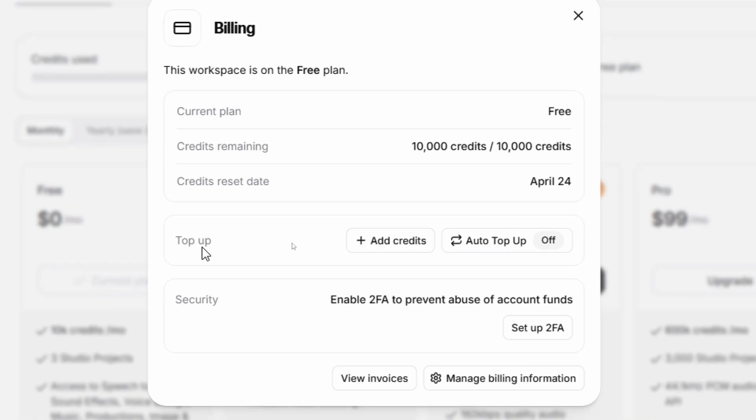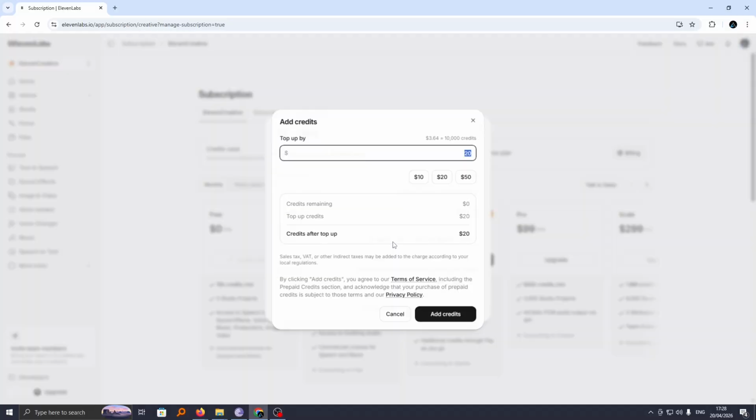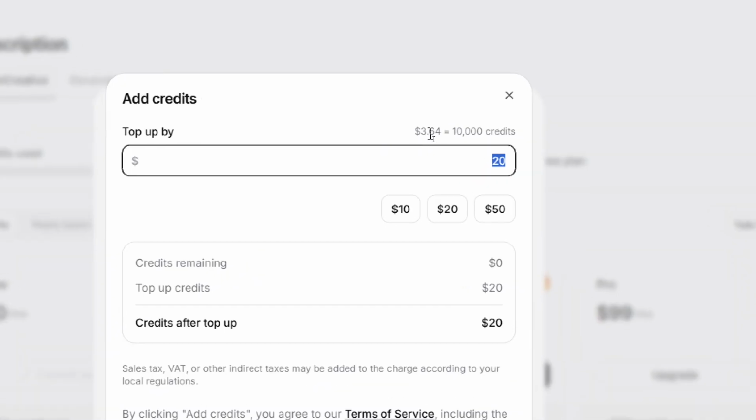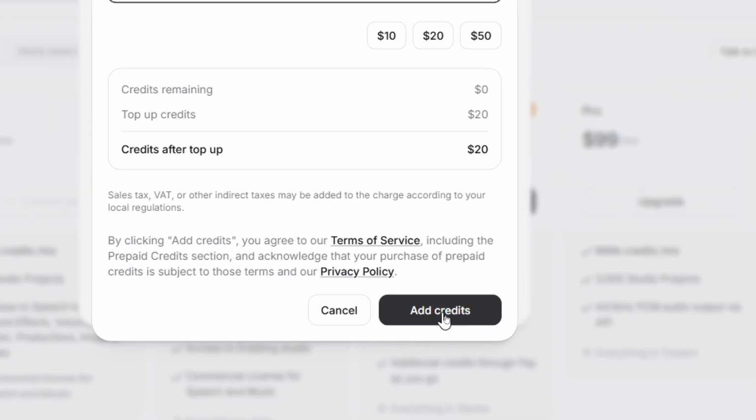to top up. Now to top up our credits, click on add credits, and here you can enter the amount that you wish to make the purchase. As you can see, $3.46 currently is equivalent to 10,000 credits. So you can enter the amount you wish according to the credits you want before you can proceed to add